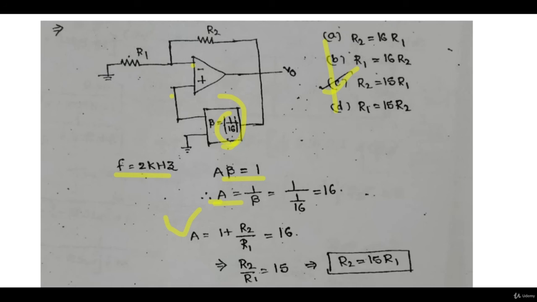Okay, there are 2-3 things only you have to keep in mind. Magnitude of A beta should be equal to 1, phase shift provided should be equal to 0, then equating real value will give you feedback factor and gain. From gain you can calculate the conditions between resistances, and by equating beta imaginary you will get the frequency of oscillation. Okay, so you will be traveling around these terms only for other circuits as well. So this was the first kind of oscillator, which is RC phase shift oscillator. Now we will go to the next oscillator.